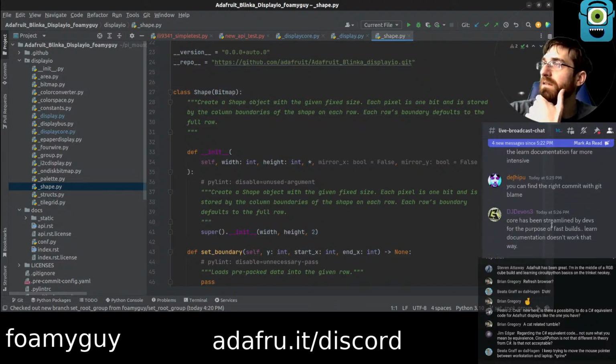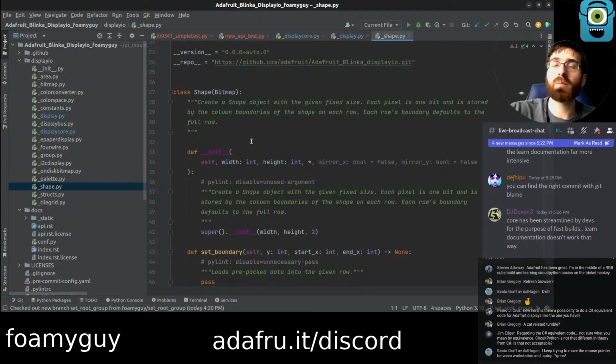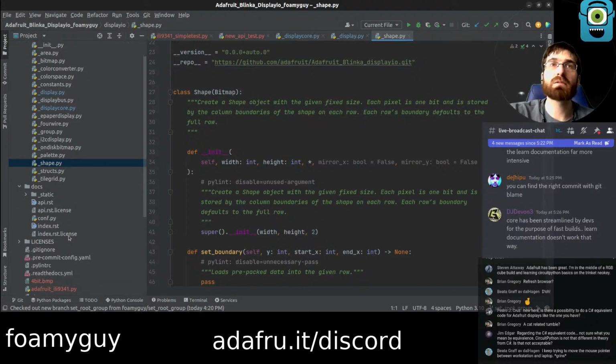Core has been streamlined by devs for the purposes of fast builds. Learn doesn't work that way. That's true. The Learn site doesn't really have to build much on the Learn system, which is definitely a big difference. It doesn't really have a compile step at all. It's just a bunch of code that stays in VCS, essentially. I mean, we run Pylint and we run some actions tasks on it, but